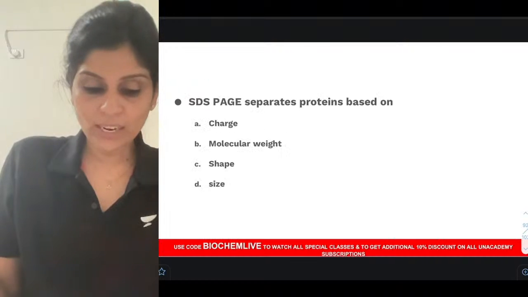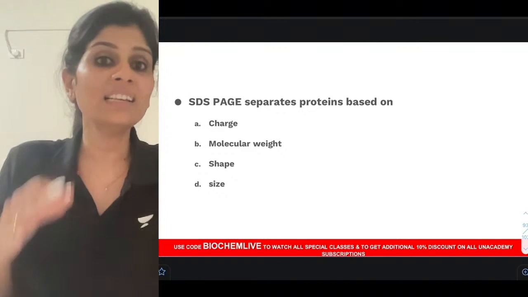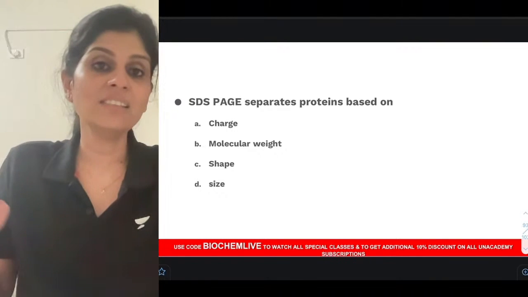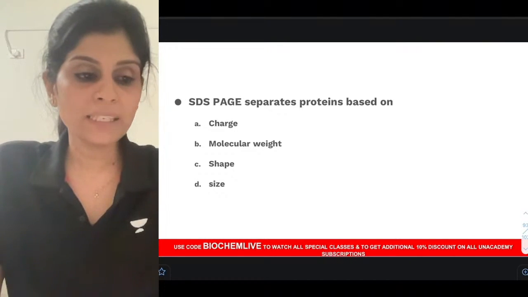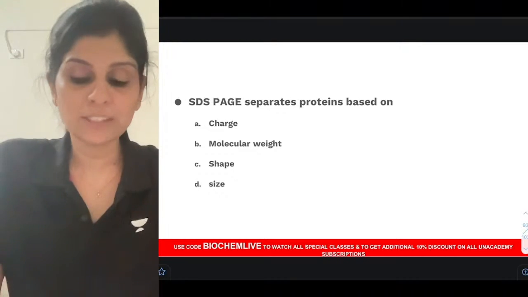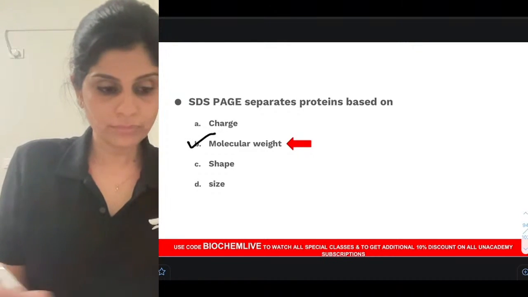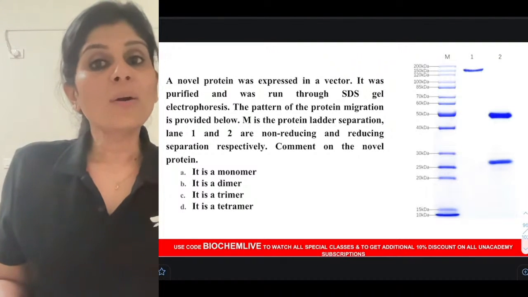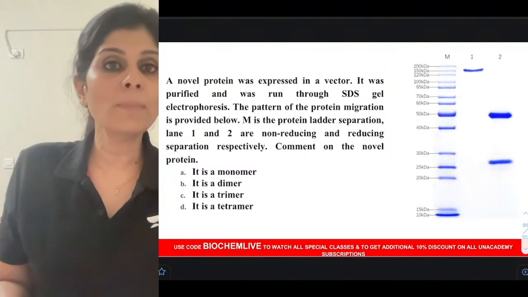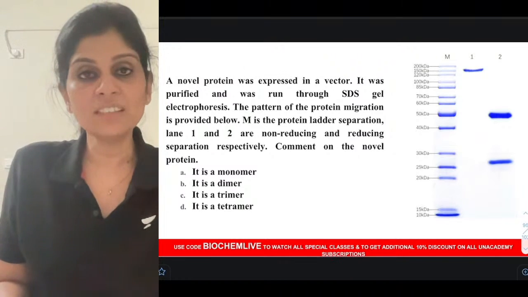Okay. So can you answer this question now? I hope all of you would answer this question correctly if it's asked in NEET PG or an INI CET. Okay. So SDS-PAGE separates proteins purely based on molecular weight. Good. So this was asked long back, okay, not recently, long back when it was AIIMS, this question was asked, and it's an interesting question.